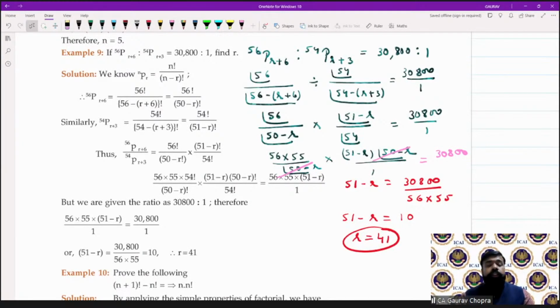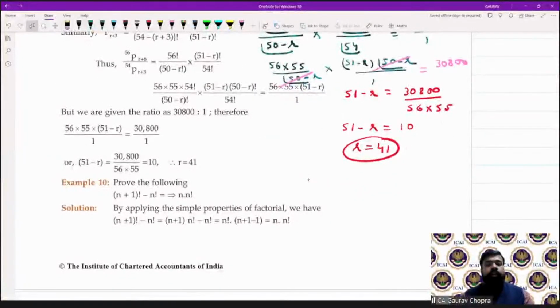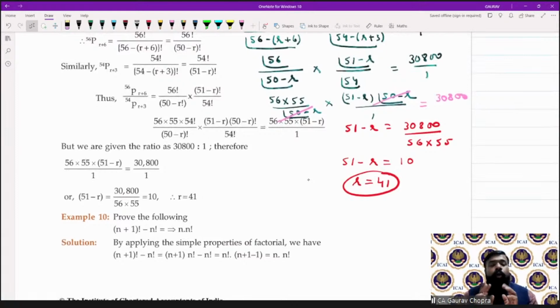So for permutations and combination, we are having 3 sessions in total. Today is the first one, and then the next 2 sessions will be available. I will be available till the next 2 sessions. After that, the new faculty will be coming for the next chapters. It is very much easy to open the factorial and then we can cancel.